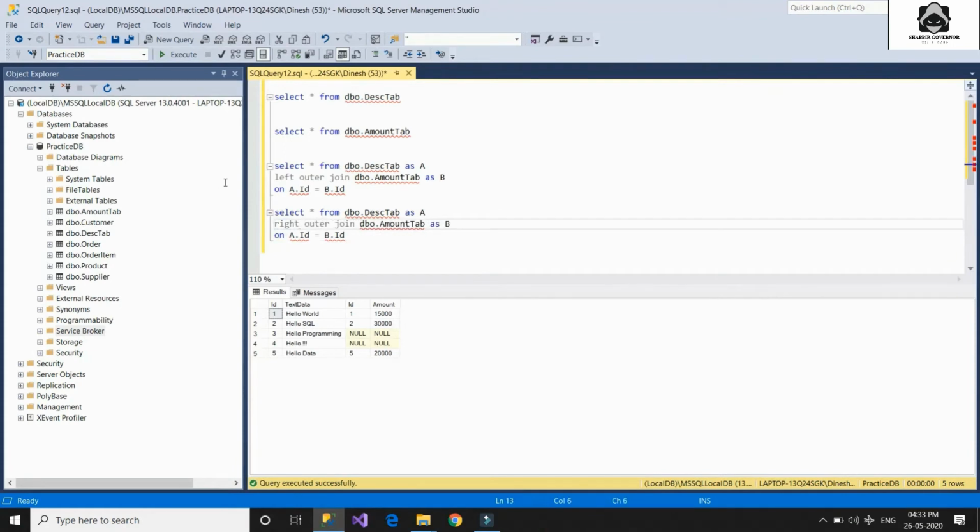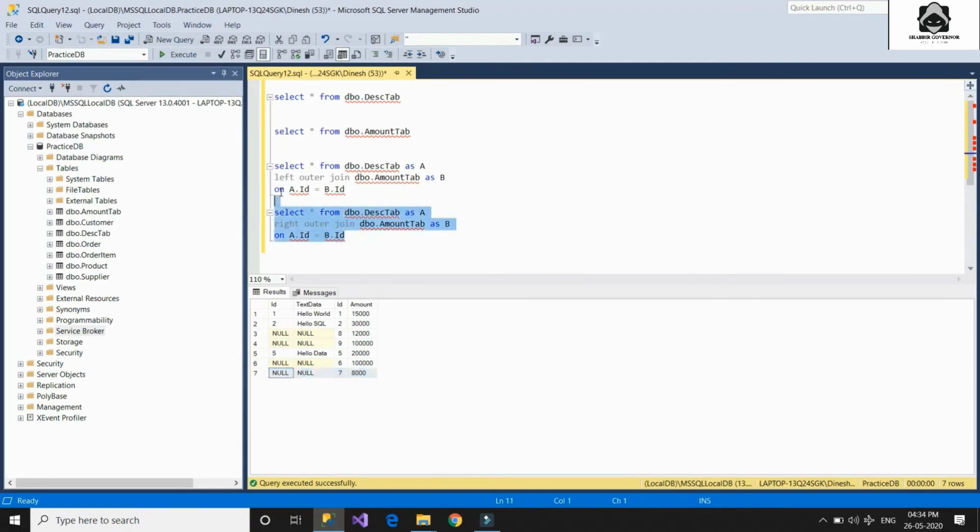And now we perform the right outer join on the data. So let's run the query. So here you can see that we get all the records from the second table. Since it's a right outer join, the right side table, that is the second table, will be having all the records, and you will be getting null values for the left table where the ID is not mapped. That means the IDs in the first table which are not matching to the IDs in the second table will be having null records. So this is the speciality of right outer join.